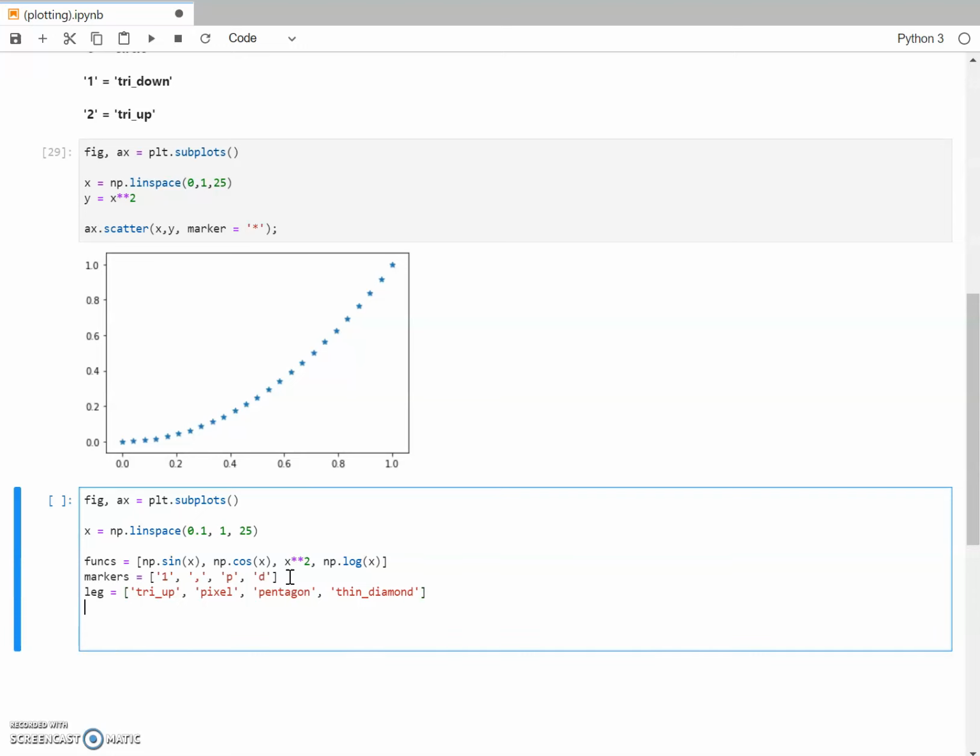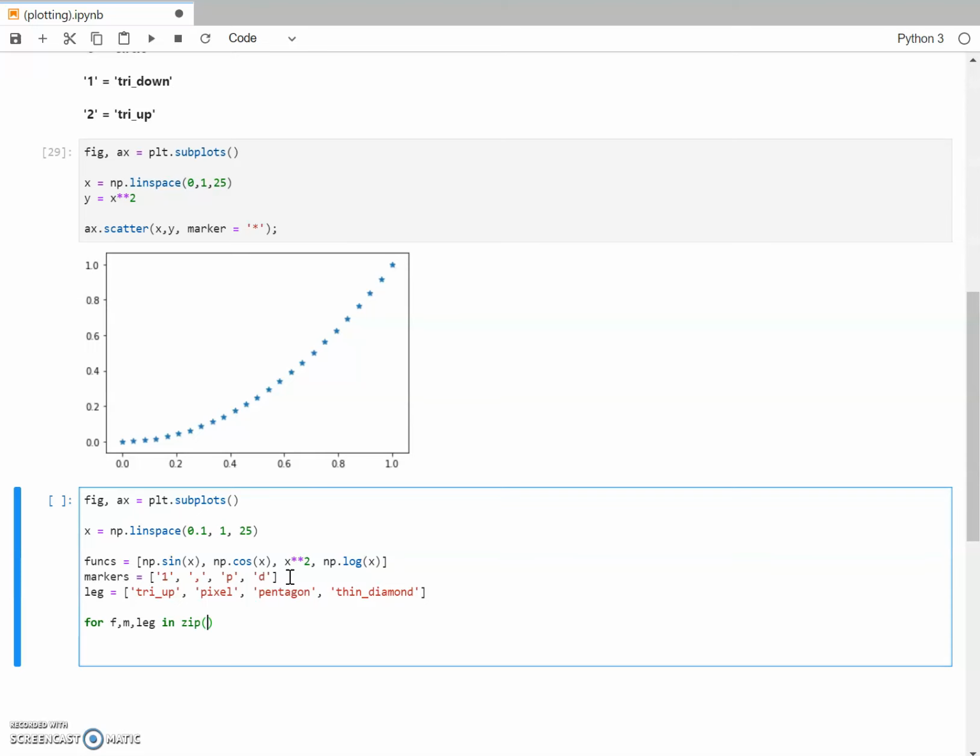And after one space, for f, m, leg in zip funcs, markers, legs,